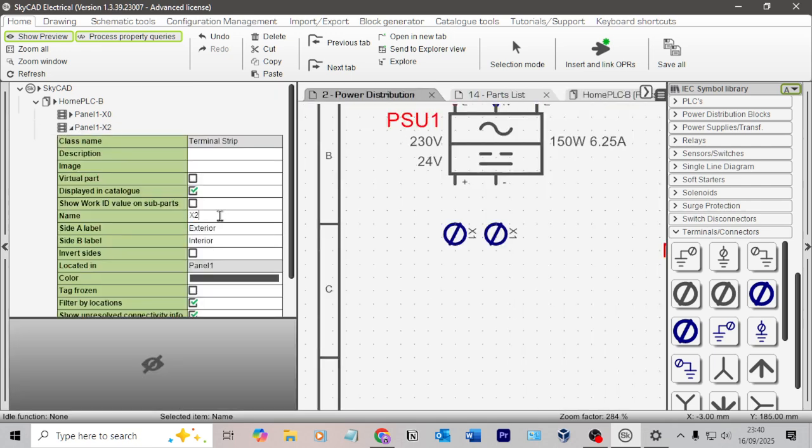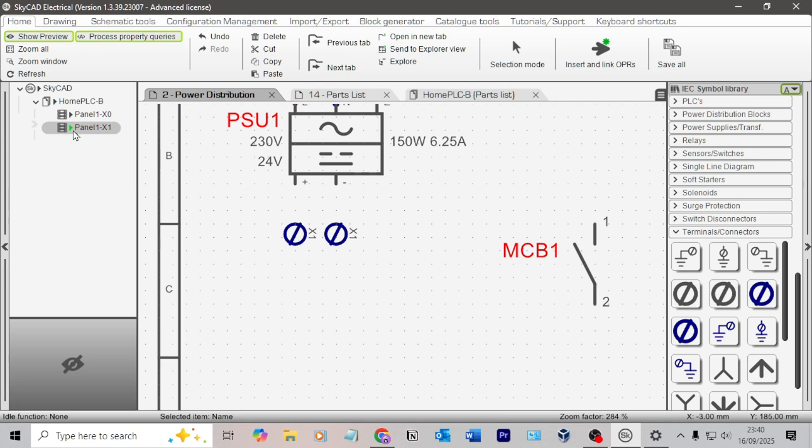This to X1. Hopefully that made sense. It took me a long time to figure out how SkyCAD's working with all of this. It takes some time to get used to. Just jump in and use it, and then as you start using it, come back and watch this video and it'll start to make sense to you. I promise, it's not complicated. It's just, you know, there's a little bit of a breaking